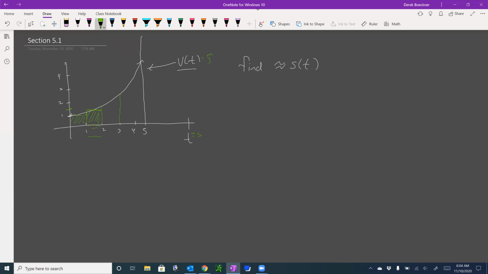And then somewhere here in the middle is about the average speed that we're going, which looks like it's about 2. So in this rectangle, I'm going about 2 meters per second for a second. So I've got another 2 meters, which is the area of this rectangle, meters per second by seconds. Then